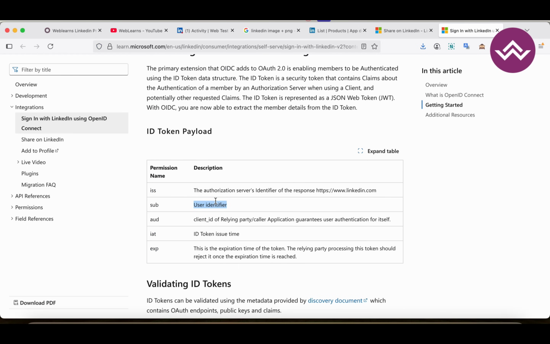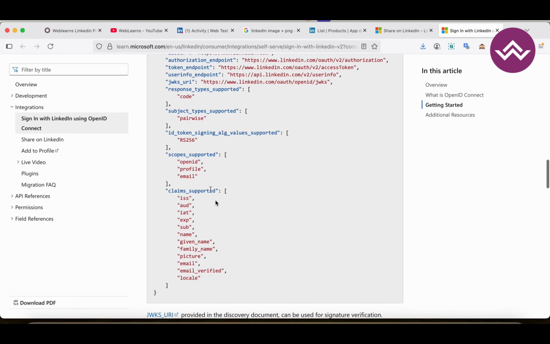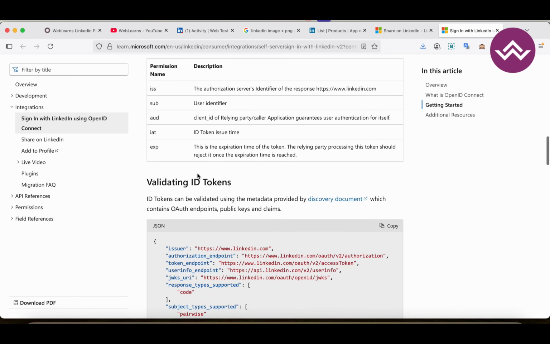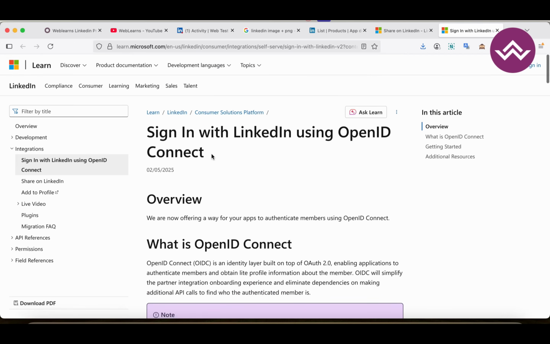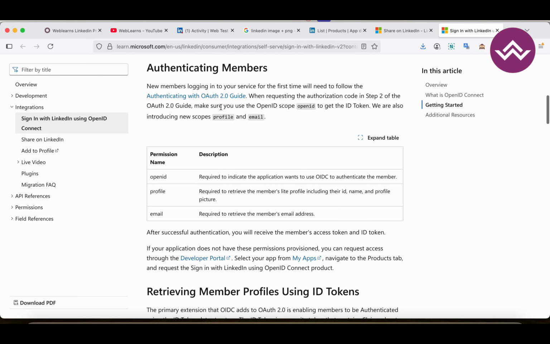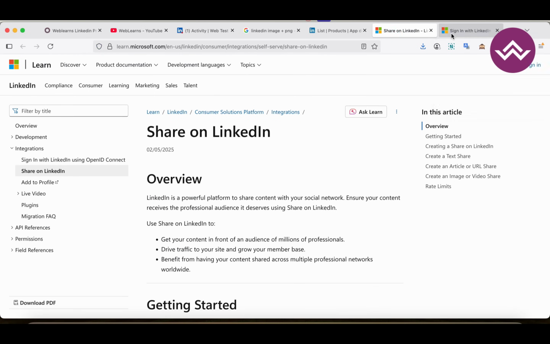Okay, and you can see we have to pass something like this as a scope. Now okay, so we have at least this one, right? And